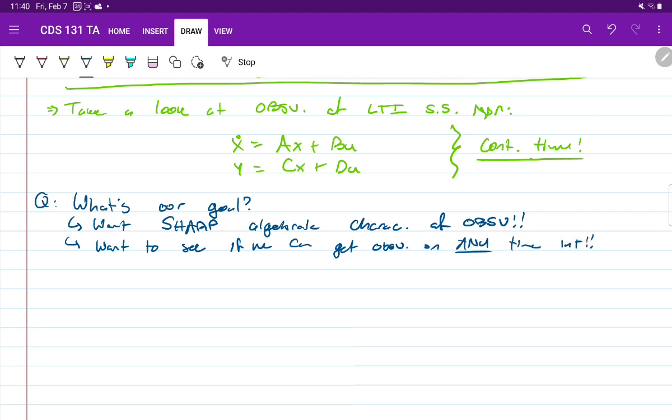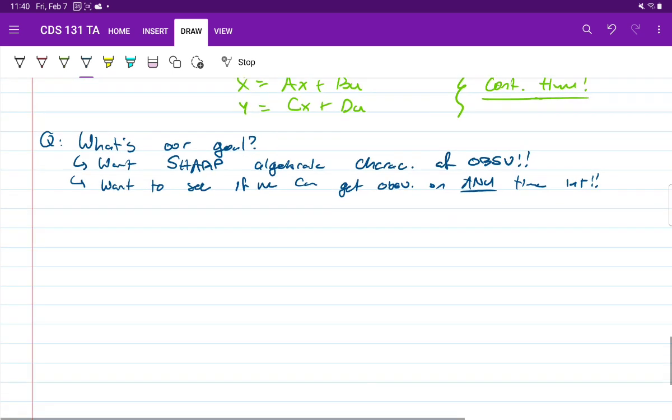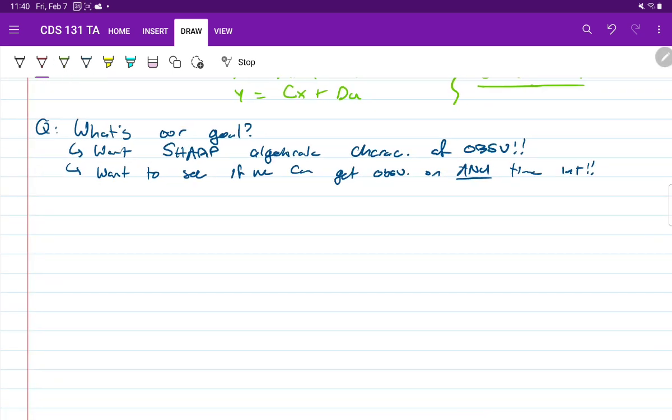This is kind of what we had in the continuous time case, right? I said I can get controllability on 0, t for any t greater than 0, right? Maybe I could do the same for observability. Okay, so how are we going to set this problem up? What are we going to do? Let's sketch out a basic problem setup.